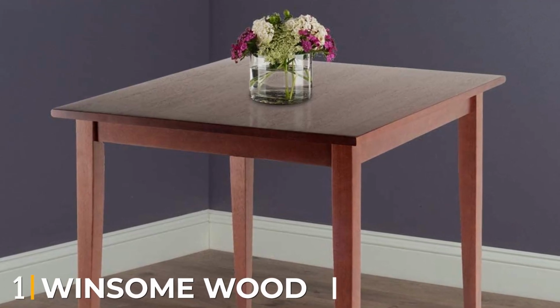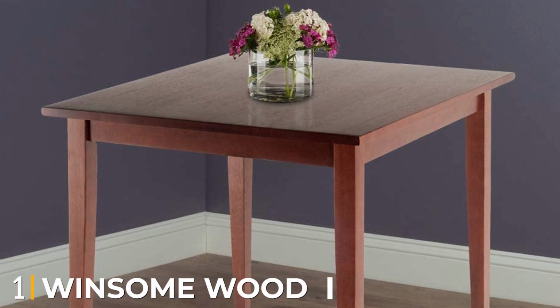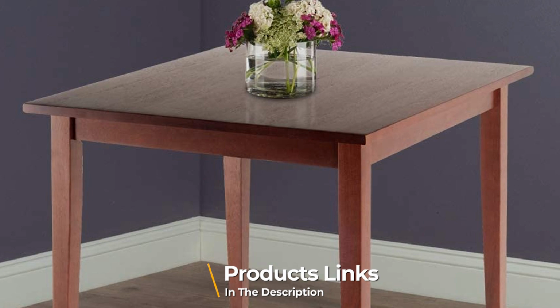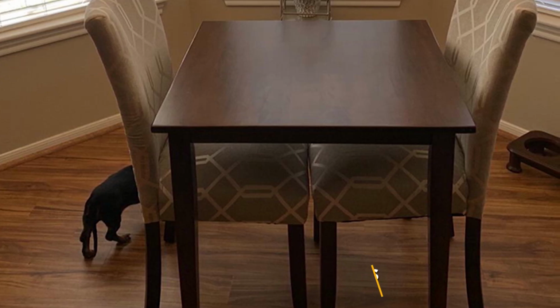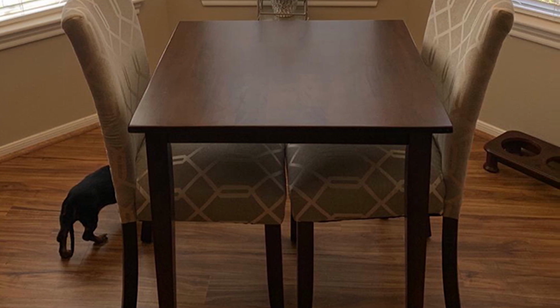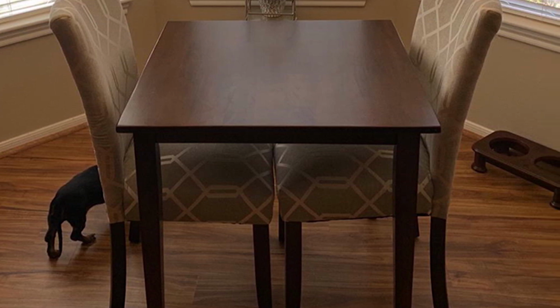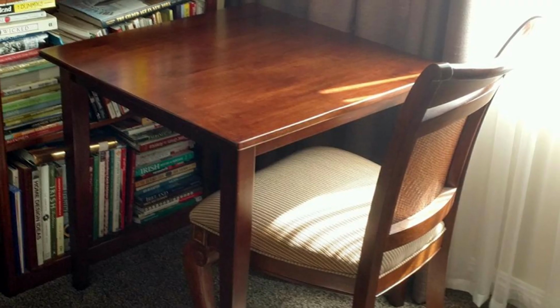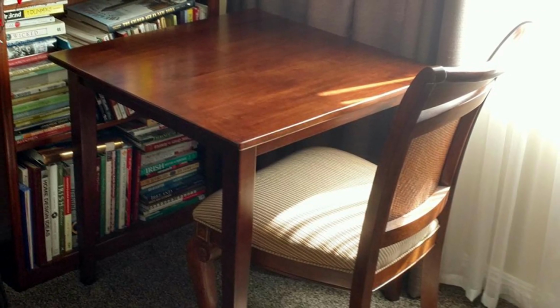At the first position of our list, we have Winsome Wood Groveland Dining. "If you need a small, solid wood table that is sturdy and attractive yet inexpensive, this is your table," one reviewer writes. The relatively low price and wood construction are a selling point for more than a quarter of 5-star reviewers. "This is a solid hardwood table at a price that usually gets you particle board," one writes, while another